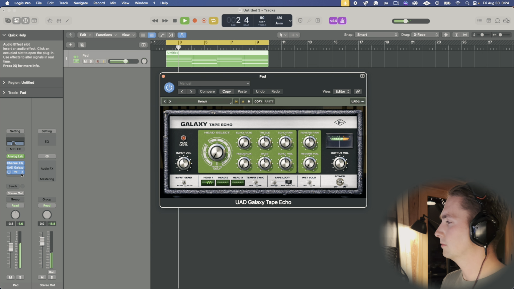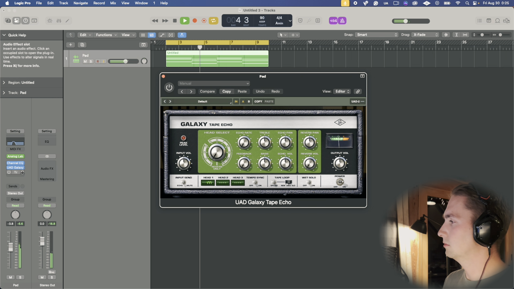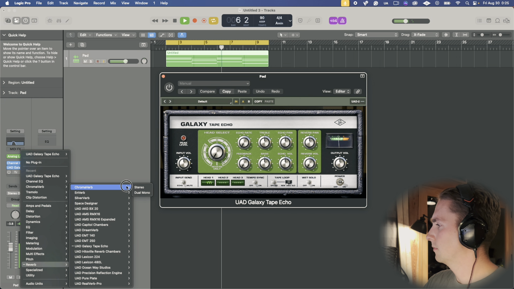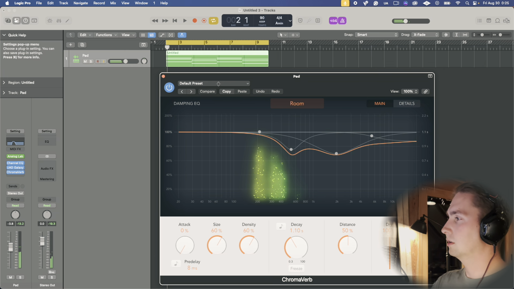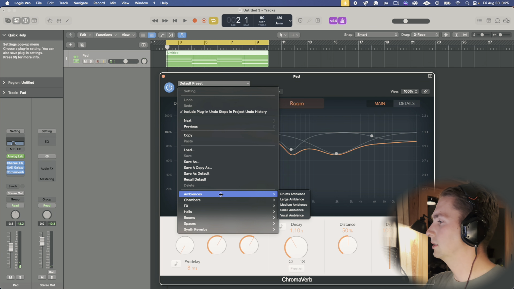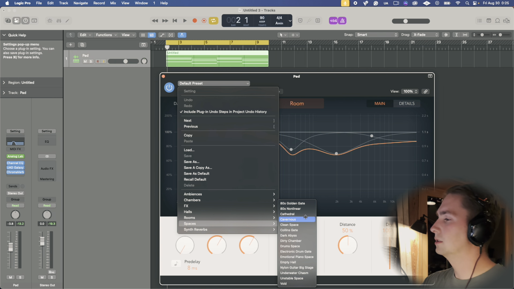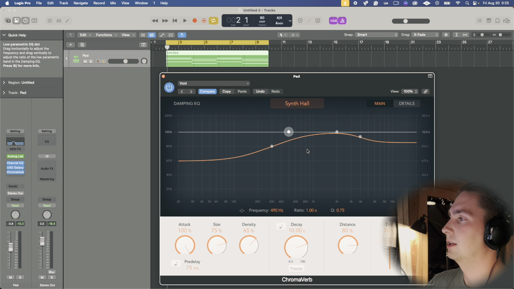Oops. Now we have to. Let's put on a reverb. Just do ChromaVerb. Come on. I don't know why it's doing that. Ambience, synth, spaces. And just look for a preset right now. Let's try void. That looks fun.